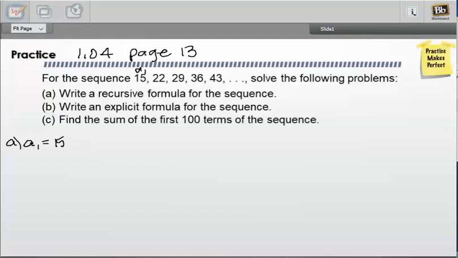So 15 is A sub 1. A sub 2 is 22. A sub 3 is 29. A sub 4 is 36. And the fifth term, A sub 5, is 43. So